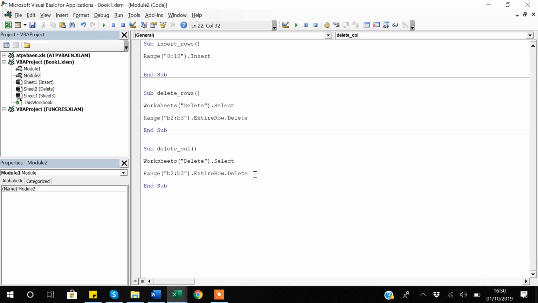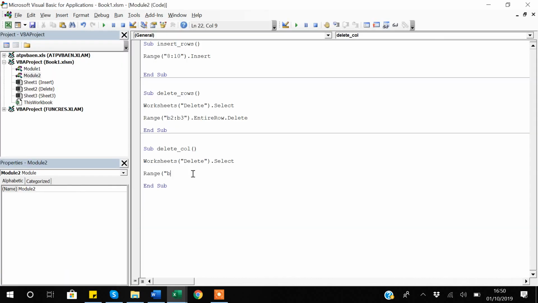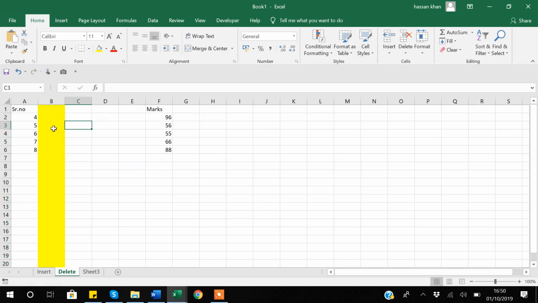And now what I will be doing is, instead of rows, I will be deleting columns. So first I will also change my rows. Suppose the first column I want to delete is this column. I have highlighted it so that you guys are able to see that